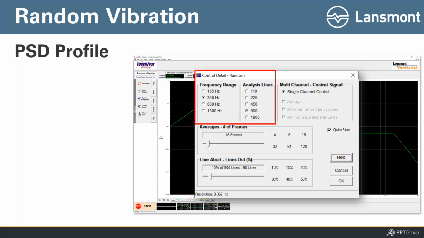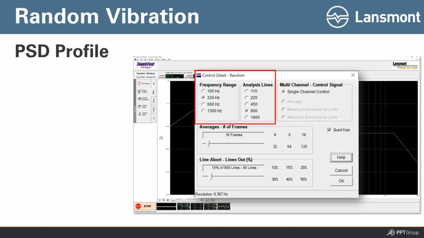So in our case, on the controller side of things, I'm only going to look between 0 and 330 hertz for the range of frequencies that I'm going to control within. What the analysis lines means is, if I have a frequency range from left to right of 330 hertz for these PSDs, I'm going to slice that up into what are called analysis bins, because that's what I'm going to use to control my vibration controller. I'm picking in this example 330 hertz for the range and 900 for the number of analysis lines,